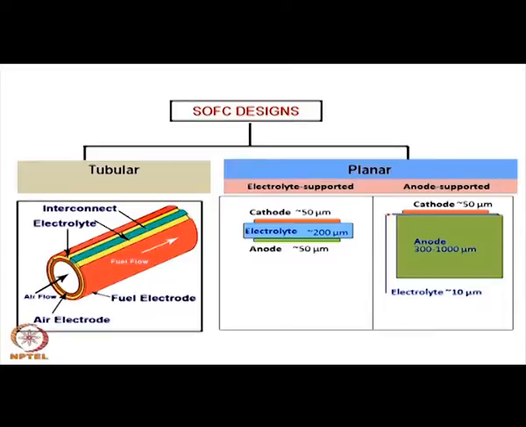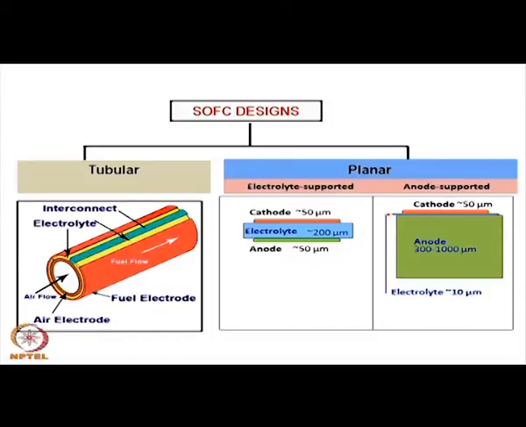One can do spraying or dip coating or plasma spraying. So, there are many different techniques by which one can do that. And this, of course, once again can be deposited by screen printing or plasma spraying. Okay. So, these are the different techniques by which a tube like structure is made,